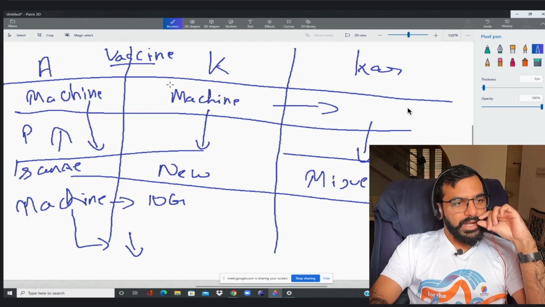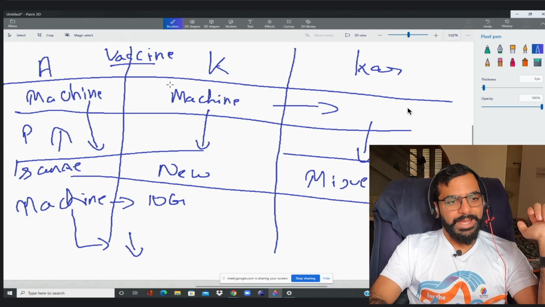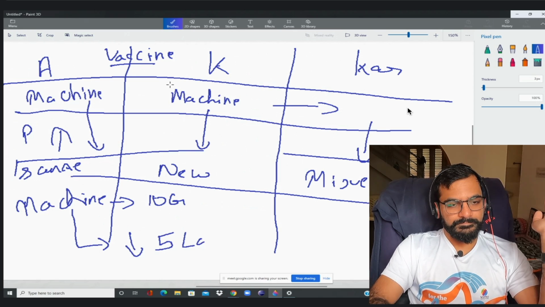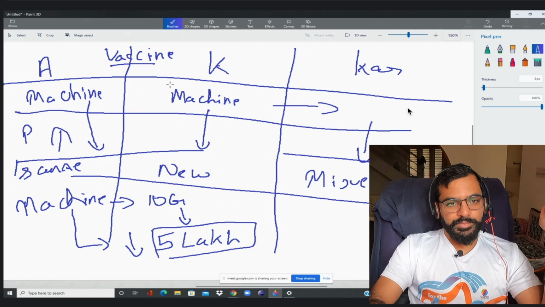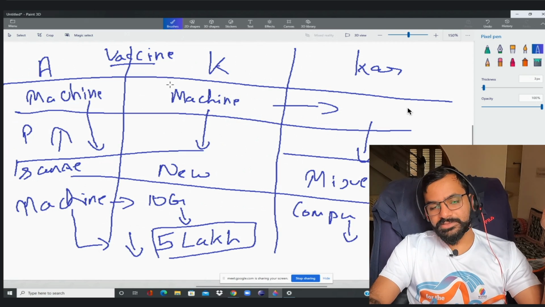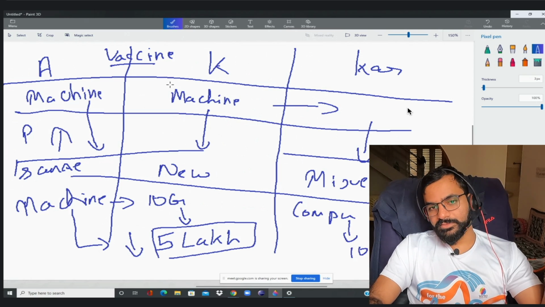Now one part we have to understand here is what will happen with this depreciation. One thing is that we might know the cost. We'll say that this machine, a 10 crore machine, after 10 years would be sold for 5 lakhs. Or if it was a computer or a CPU, or a laptop which we took for 3 lakhs, it would go for 10,000, 1,000, or even zero sometimes.